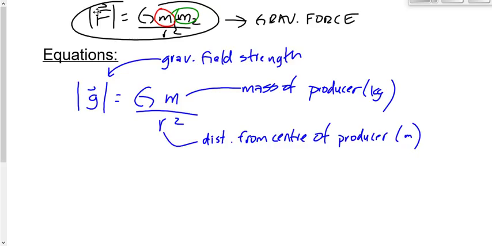I want to call this one the producer equation, because it involves data of the producer. If you know something about the Earth rather than the board marker, what's causing it rather than what's experiencing it, then we're going to use this equation. That's my producer equation. By the way, the units for little g,